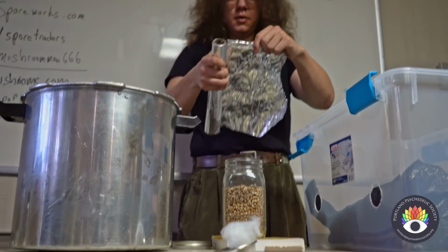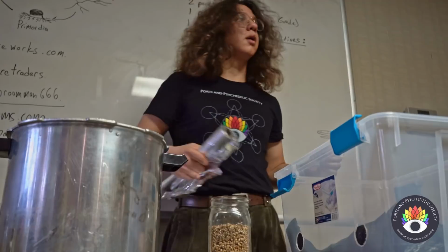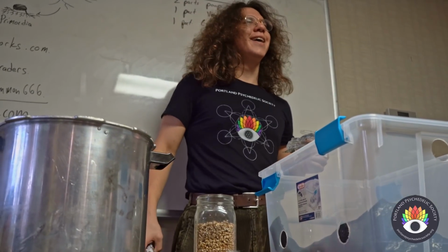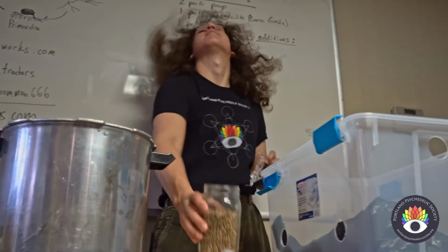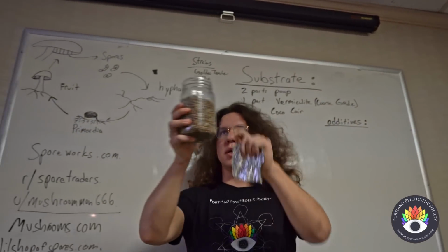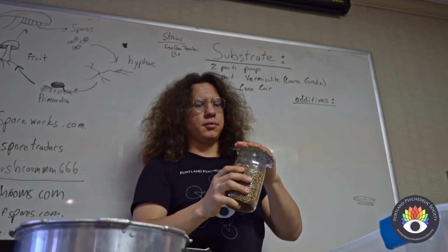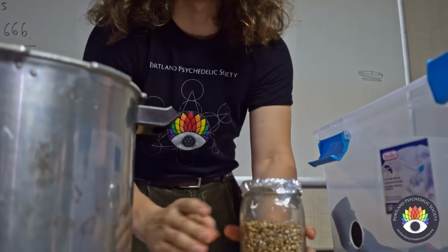Yeah. So you use cooked berries and you use uncooked berries. You're putting them in the pressure cooker in the mason jars, right? Yes. Okay. So, I wonder what you got this jar. It's full of berries. It could be more full than this. It can go up to the mouth. And then you want to take a piece of tin foil and cover it. You don't want the cap on for this stage